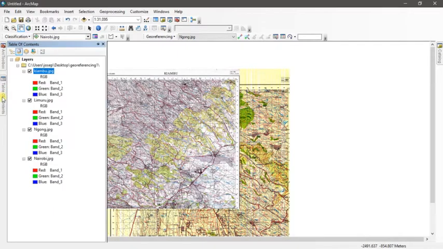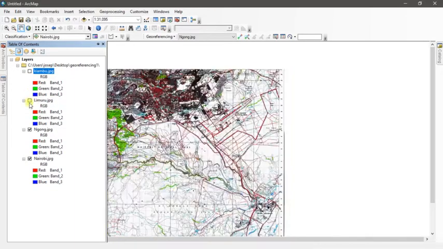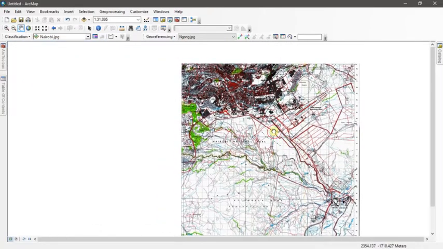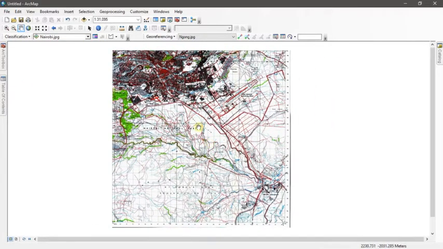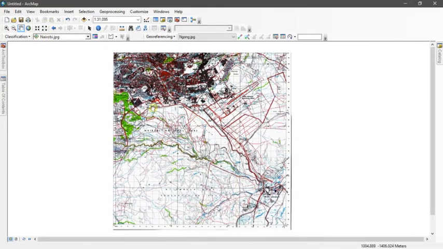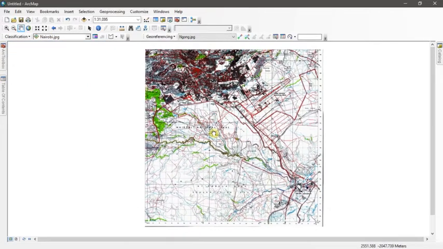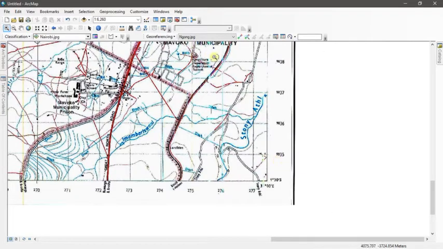So what I want to do is disable the others so that I remain with Nairobi. I don't want confusion. So this is the map of the image. Actually it's an image, not a map. The image of Nairobi, and here I can see it is well selected as Nairobi. In my table of contents, I can see Nairobi is the only one that is checked. So we want to zoom in to where you can see the coordinates. There you go.